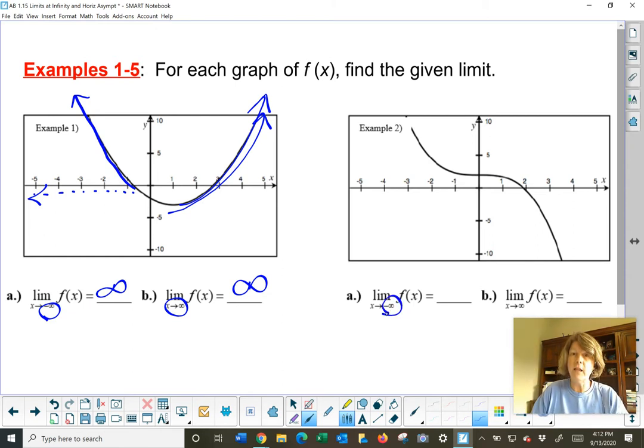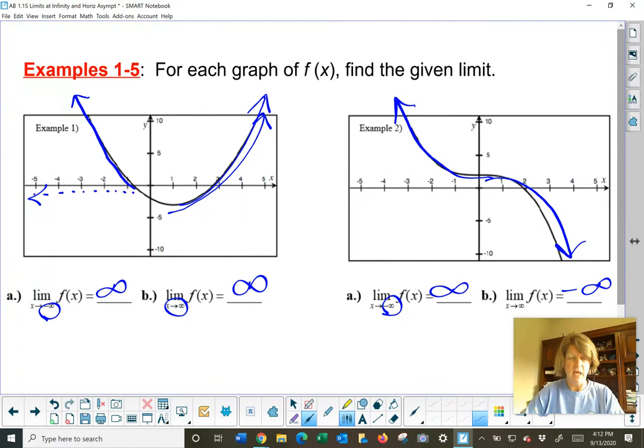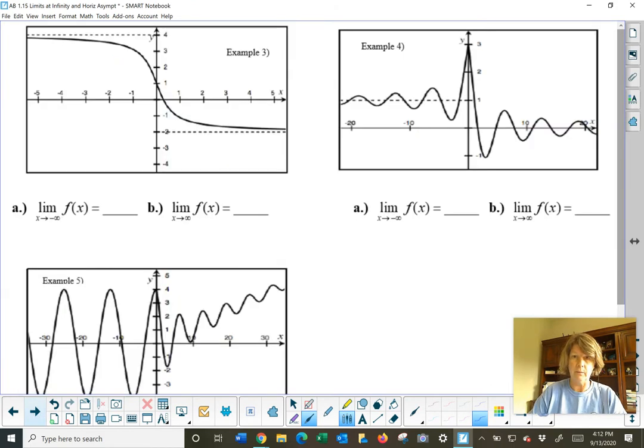As I head to the left on my graph, it would appear that we are headed to infinity once again. As we head to the right on our graph, I would have to say we're headed to negative infinity. So no horizontal asymptotes on either of these because the end behavior is such that it just keeps going and going and going. It's not settling in on a value, such as in this example. Oh, what example is this? It's not labeled. In this example, A and B,